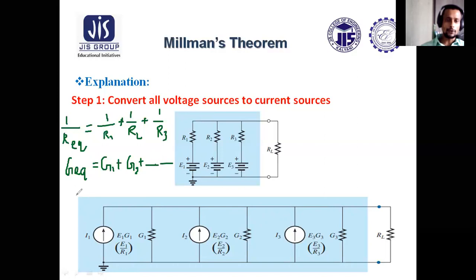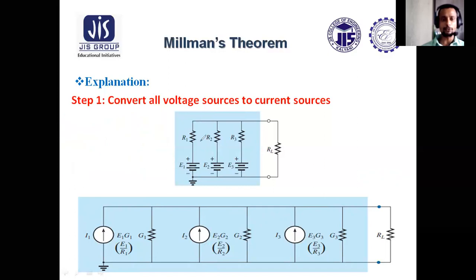So, for a parallel combination, it is better for us to first determine the equivalent conductance, that is G1 plus G2 plus G3. Once Geq is found, this is simple addition. Calculating G1 plus G2 is much easier than calculating 1 by R1 plus 1 by R2 plus 1 by R3. That is why we first convert this in terms of conductance. Conductance will be added together. Once Geq is found, Req will be 1 by Geq. That is why for parallel circuits, it is better to convert all the voltage sources in terms of current sources, and then we can perform the operation.